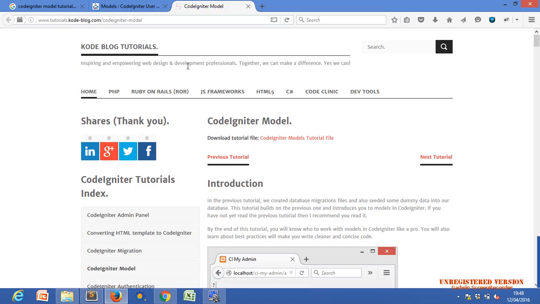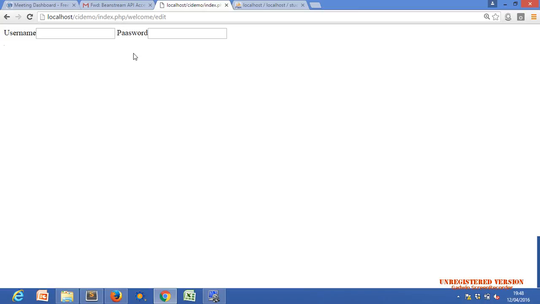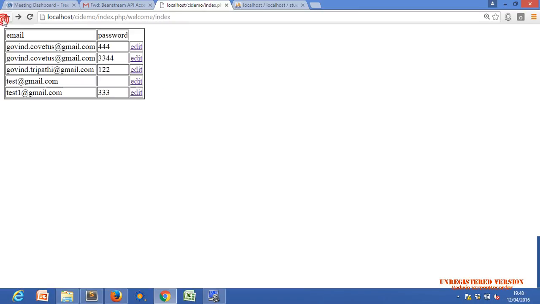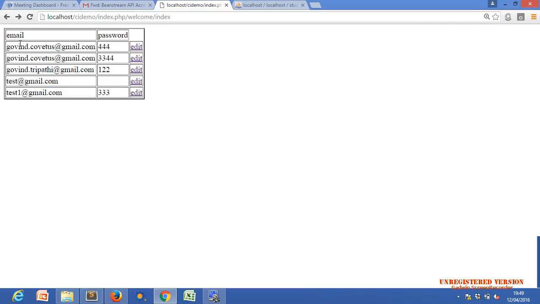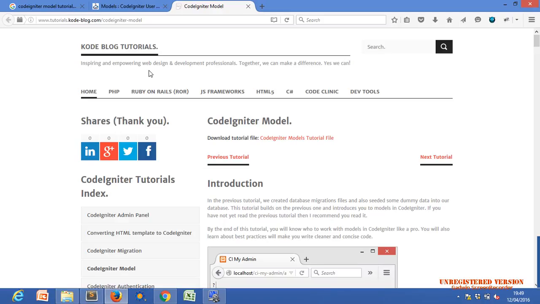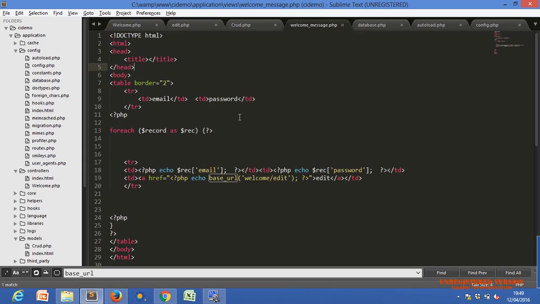Now how do we edit it? First, we need that particular data, or not, Kushi? In these two text boxes, whatever data, this email and this password, we need, then only we can edit it. We don't need blank data. So we have to know the ID of that particular data. Means if I want to edit only this first record, I need the unique ID. So how do we get the unique ID and how do we pass that ID?